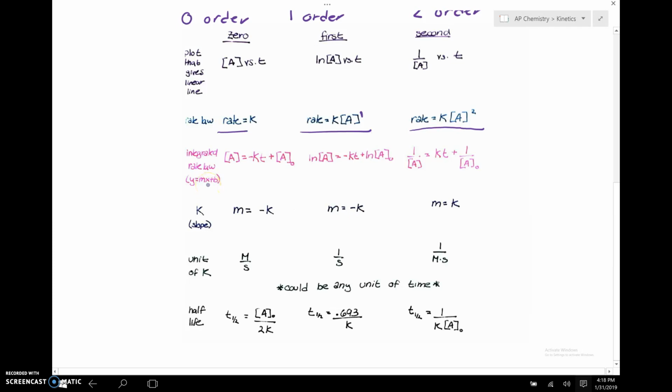Remember, we talked a lot about this in class, that the integrated rate laws, while they seem complicated, are literally just the equation in the form y equals mx plus b. So for example, for the zero order reaction, since our y-axis is concentration of A, we see concentration of A right here, and then it equals mx. On our x-axis, we have time. And our m, our slope, is going to be our k value. And you'll see that there's a negative right there